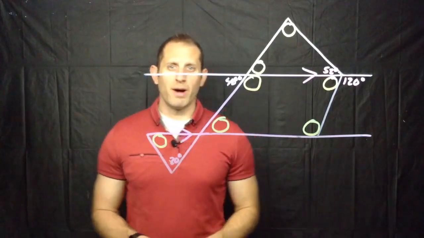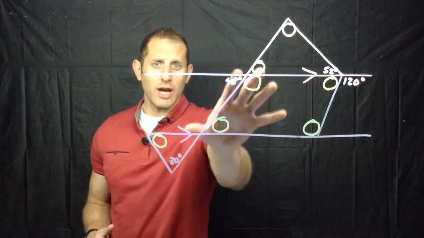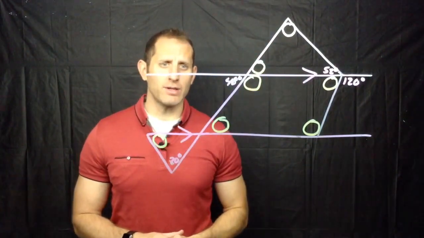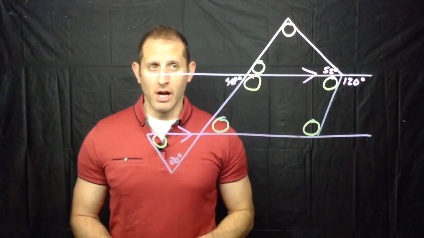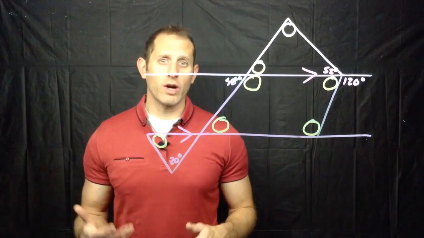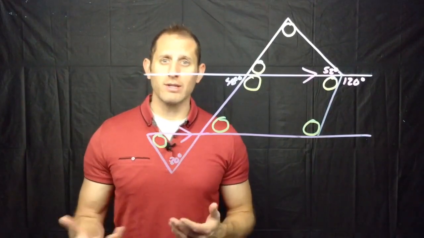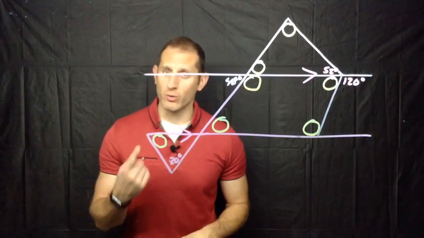Let's look at finding some missing angles today, and what we are going to be looking at is this shape right here. As you can see, there are a number of unknown angles that we need to try to calculate. There are really only two concepts that you need to know when you are trying to solve missing angles inside of shapes, and those two concepts that we're going to be dealing with today are supplementary angles,